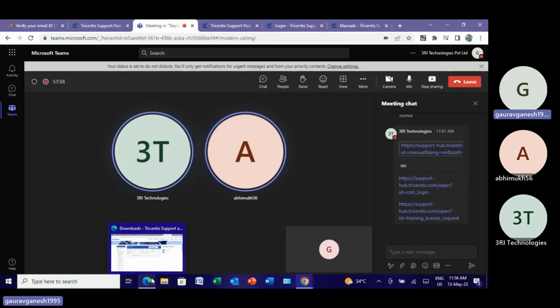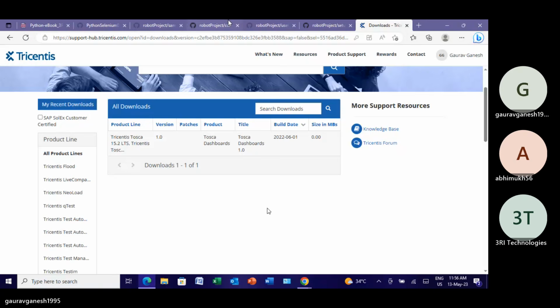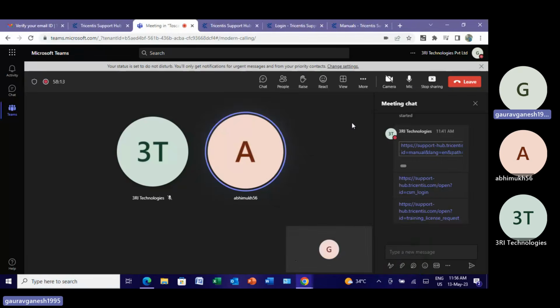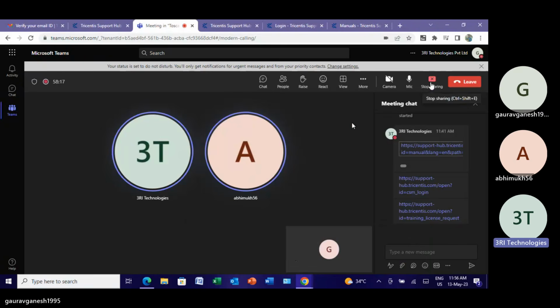Normally you get it. Right, right, yeah. Or maybe let me try resharing it again. Maybe next we might get it. Yeah, try resharing. We may get it. Sure.